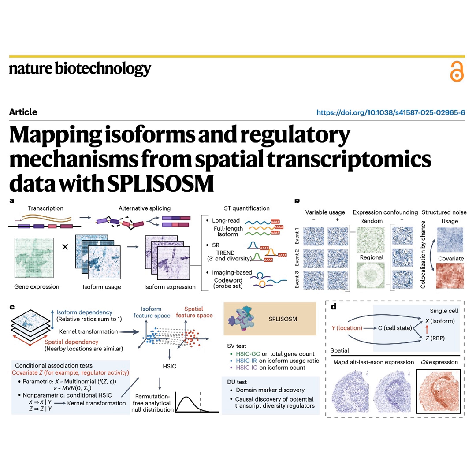And this isn't just about splicing, right? Transcript diversity is also about what happens at the tail end of the transcript. Right, alternative polyadenylation, or what they call TREND. And yes, SPLISOSM addressed this too. And it could capture this even with the shorter read platforms like 10x Visium. Absolutely. The analysis found 815 SVP genes with spatially variable TREND usage. So the cell is simultaneously changing the recipe, the splicing, and the packaging, the 3-prime end, and both are